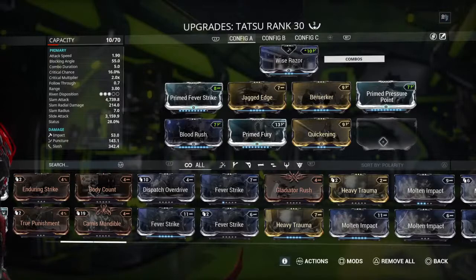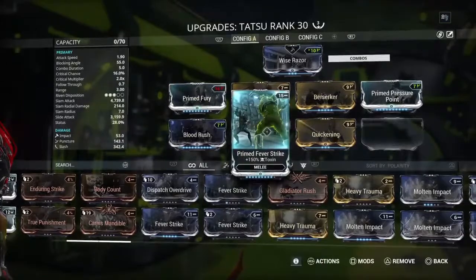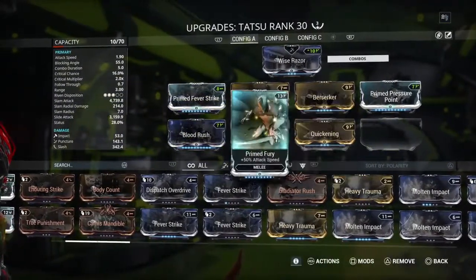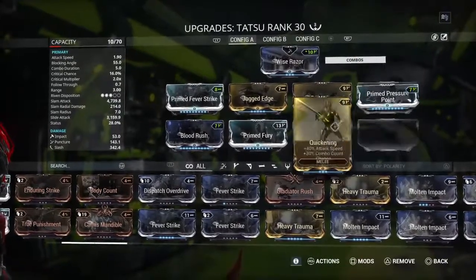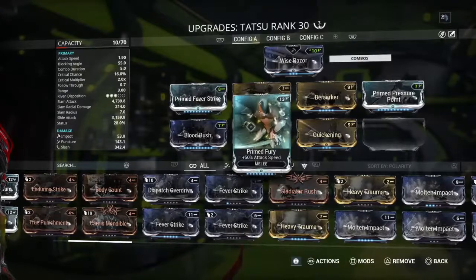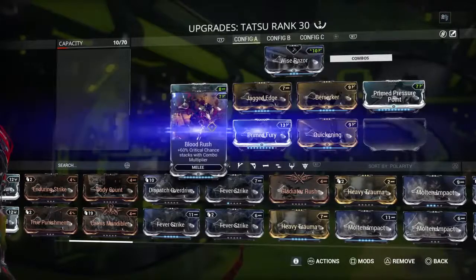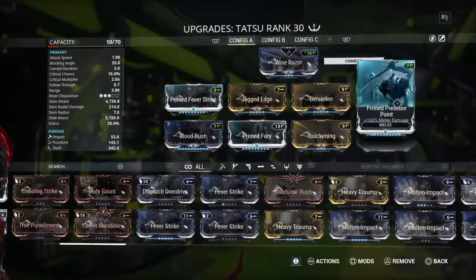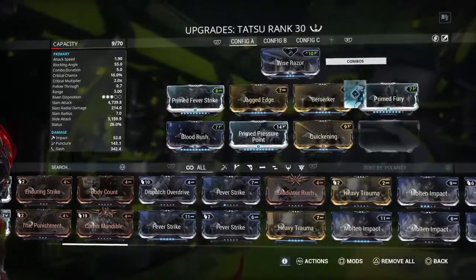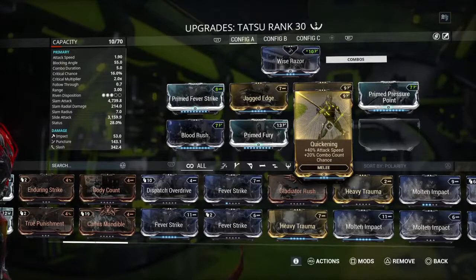I forgot what's higher on the thing. Fever Strike or Fury? Hold on. Still a 0. Okay, that's a dash anyways. Pressure Point is definitely higher, I think. That gives me 10. Let's see here. Blood Rush is a 14. That gives me a 10. That gives me 9, so yes, it has to be like that. Alright, so I do need to get that still, but we got Wise Razor, so we can put a 10